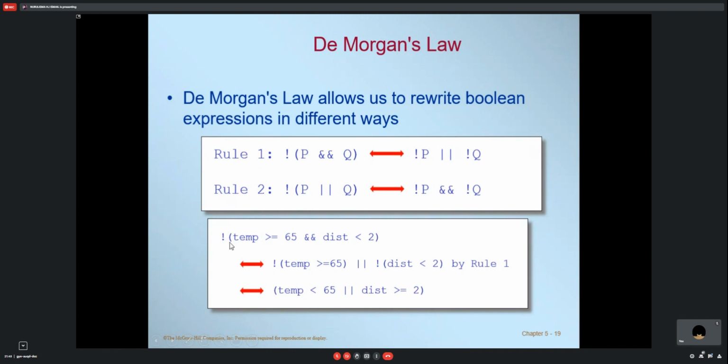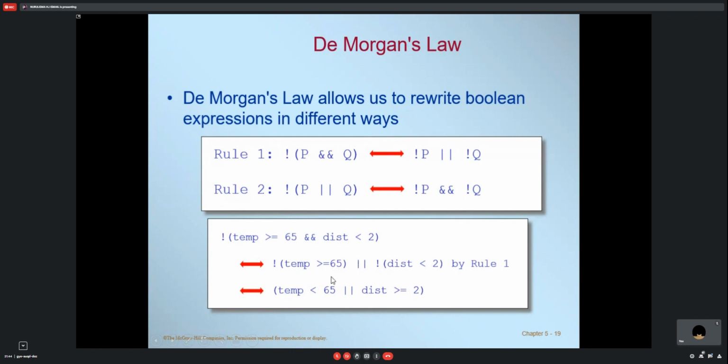As this is the condition statement: not time is greater than or equal to 65 and this less than 2. So for De Morgan's law, you will write it as not time greater than or equal to 65 or